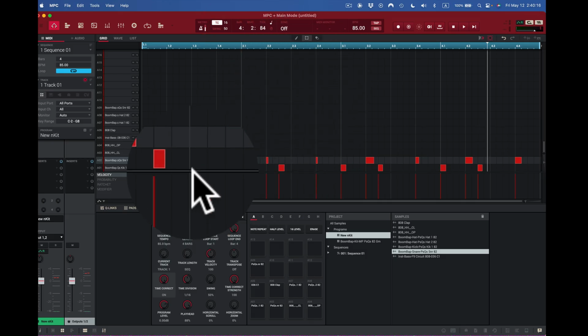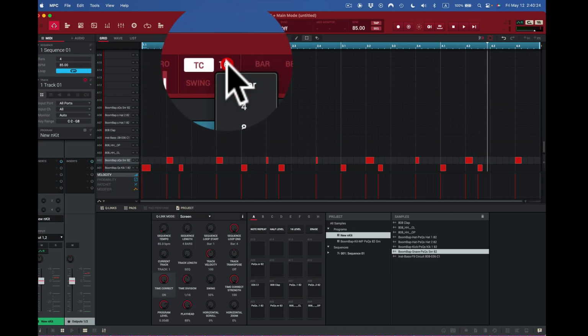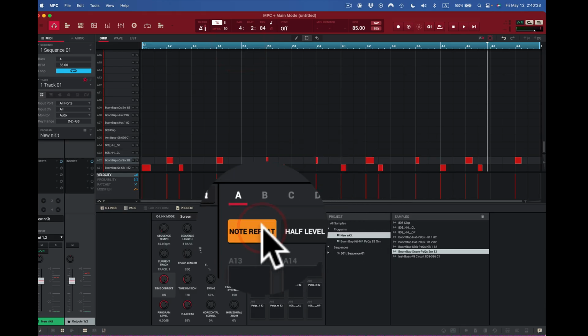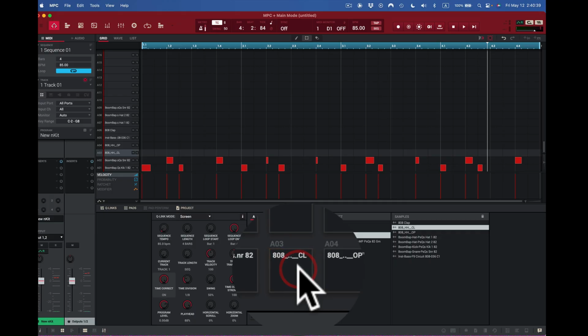Now, I can put hi-hats in here too. I may not want to just do the hi-hats that way. I might just want to do hi-hats using 8th notes. So it's pretty simple. I'll come back into here. I'll select 8th notes here. I'll select note repeat. Now I'll just hit my hi-hat, like that. I'm just holding the button down, right? Holding my C button down,